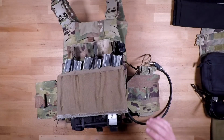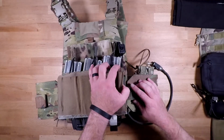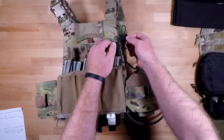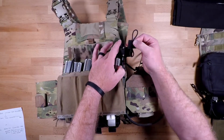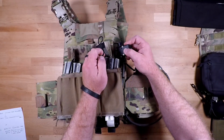But we're going to move into the Cummerbund and talk about some options when it comes to setting up all of your comm stuff. So the way that we have our comm stuff set up on this system is we have another Amazon product, but it's the Top Tac Pro Tactical Breech, Tactical Binding Retainer. So it's these little guys right here. They come in a set of 2, and you can just run these through the MOLLE like you can kind of see here. So this little tab portion is behind the MOLLE section right there, and then these loops protrude from those MOLLE laser cut slots, and then you can retain your push to talk